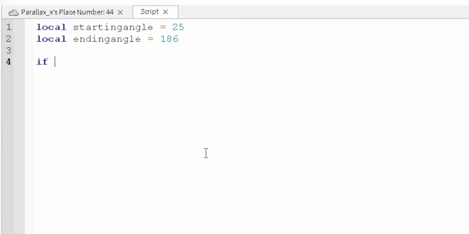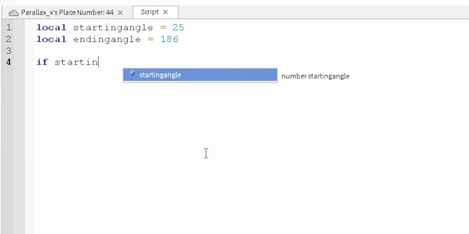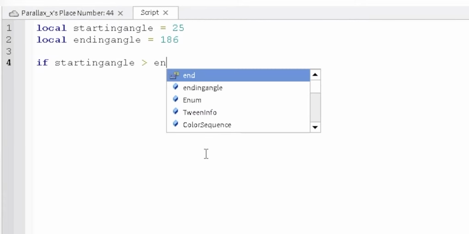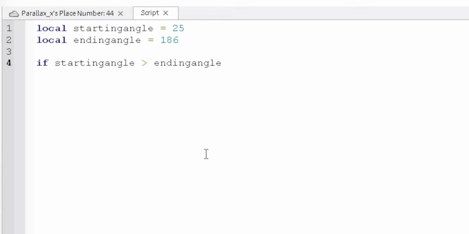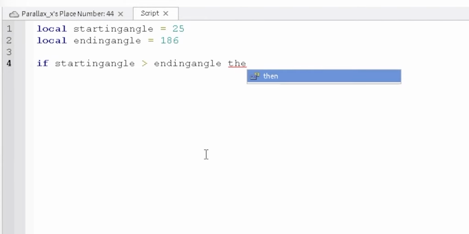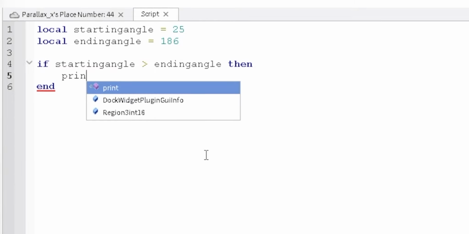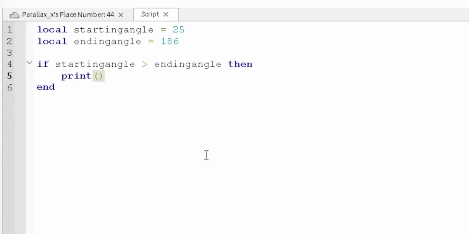So if starting angle is greater than ending angle, then there'll be an end there, and you just, so it'll be print angle 1 is